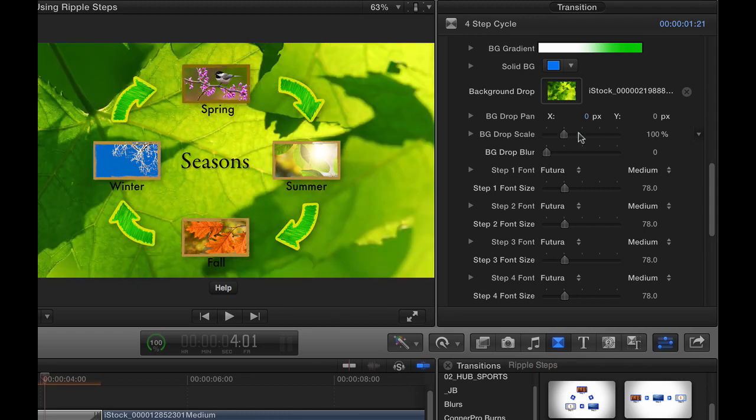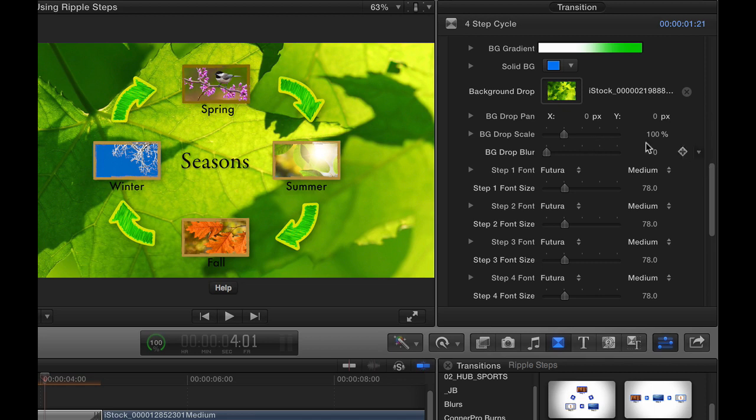Now, this is a very important note. Final Cut Pro has this feature where you can double click on a drop zone in the viewer in order to pan and scale it, but do not do that. There is a bug in Final Cut Pro 10 where if you do pan or scale a drop zone by double clicking in the viewer, it will not render out and it will not appear if you copy paste. So you want to use these controls in Inspector if you want to change the position or scaling of the